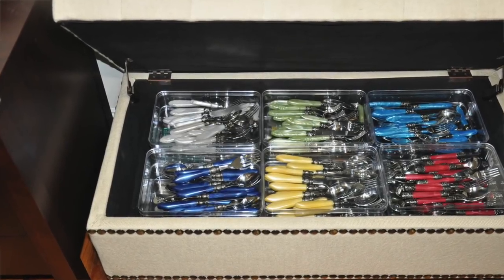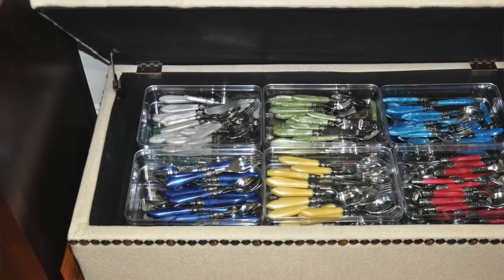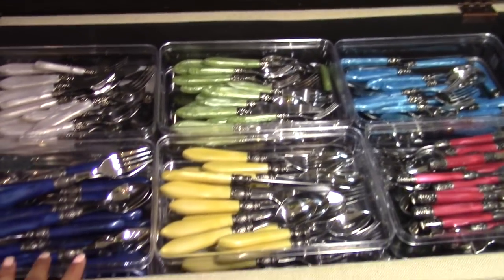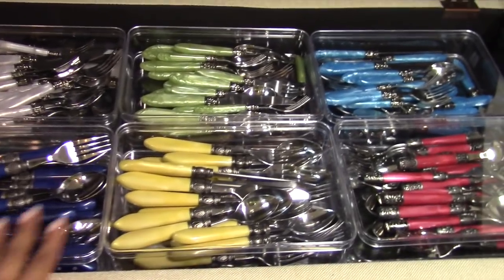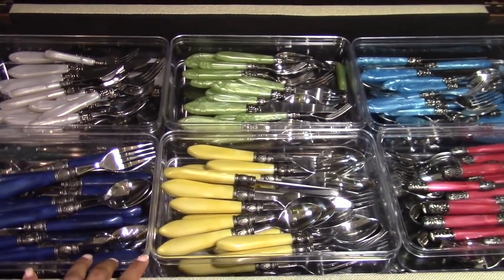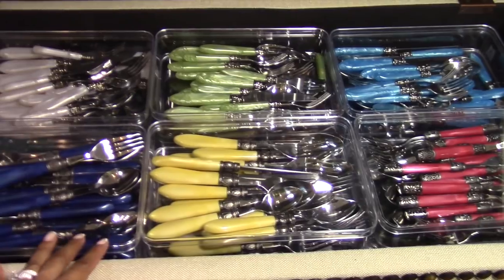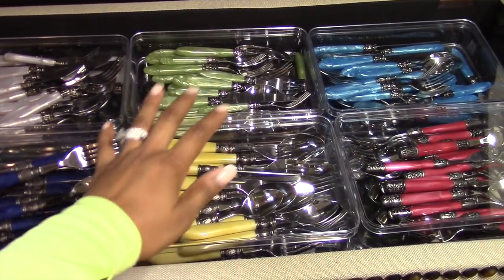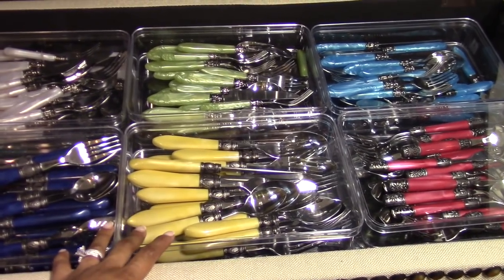So here is the interior of the bench. This is where all the magic happens. So when you guys ask me, hey Carrie, where do you keep all of your stuff? Here is one section of it. So both of the units that I have flanking my entertainment center can house up to 18 individual sets of